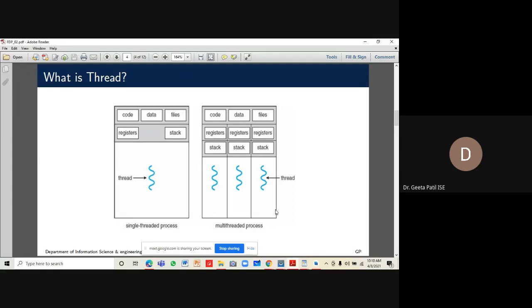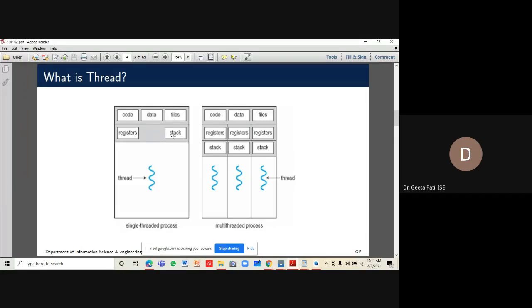When you're writing your C program, it consists of code. It has got some data, local or global variables associated with it. It requires association of different files. Plus, when the instructions of the program are executed, it uses the resources available with the processor, like registers, stack, and so on.